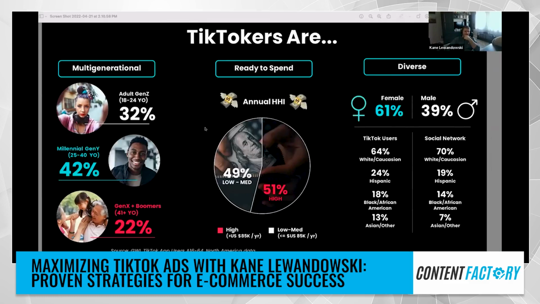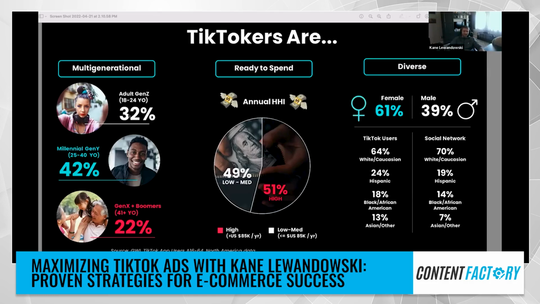So this is actually a shocking number right here. Believe it or not, one of the most popular questions I get when I'm talking to a business or an agency is that only 12-year-olds, 13-year-olds use TikTok. No, it's not true. Of course they do use it. I think the number is 25% of all the people are under the age of 18. That's 25%. What about the rest of the 75%?